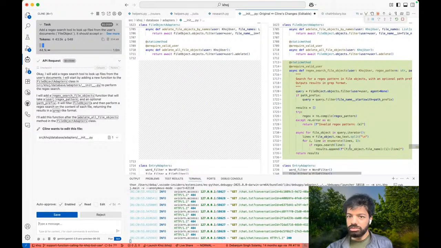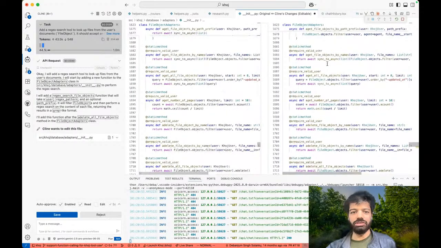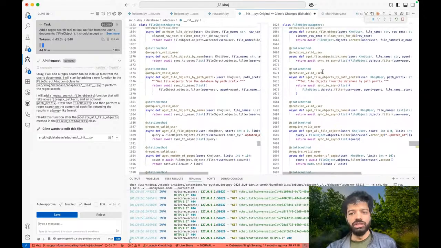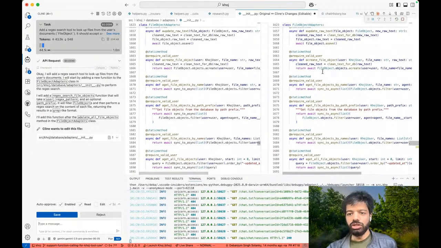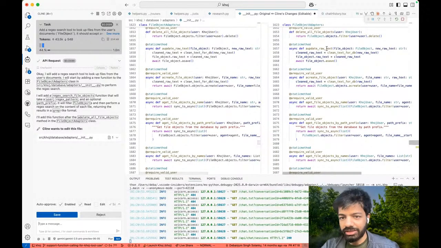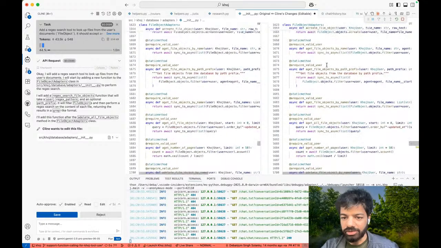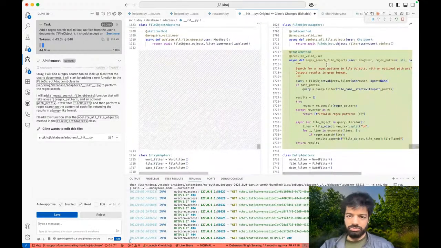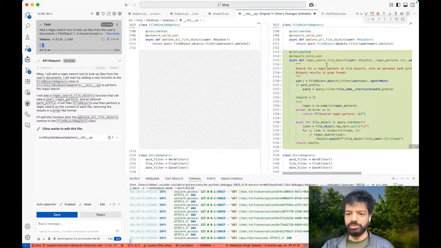Well, it's written it in the correct place firstly. So this is the file object adapters in the adapter init file, you see other functions to query the DB using Django's ORM constructs. So this one to create a file object, this one to update the file content, delete files, all those things. And Cline with Gemini 2.5 Pro has written it in the right place, but it has not